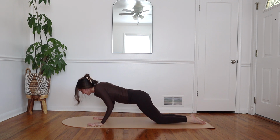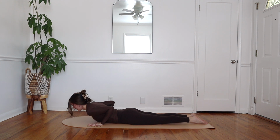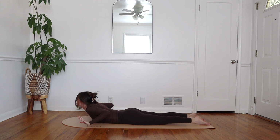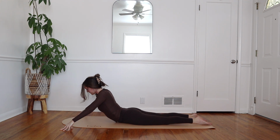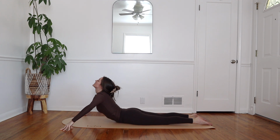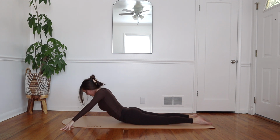Deeply bend those elbows. Chest falls down towards the mat. Lowering your belly onto the floor. Placing those hands at the top of the mat on either side and pressing into those fingertips. Lifting through your spine here, allowing your head to drop back and release down. Moving through this wave movement again in a different posture, pressing up